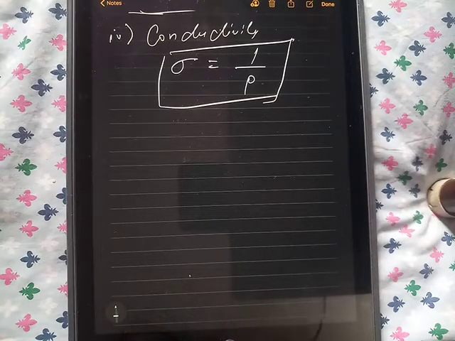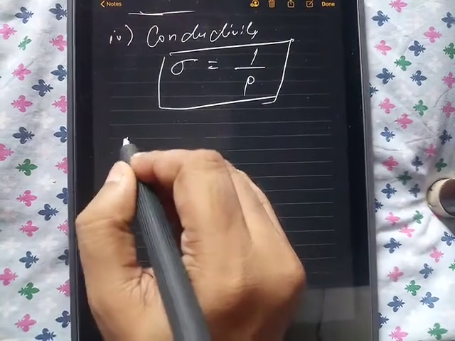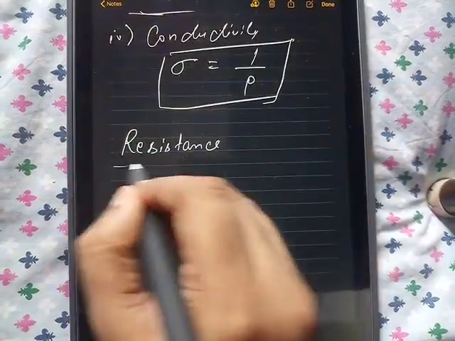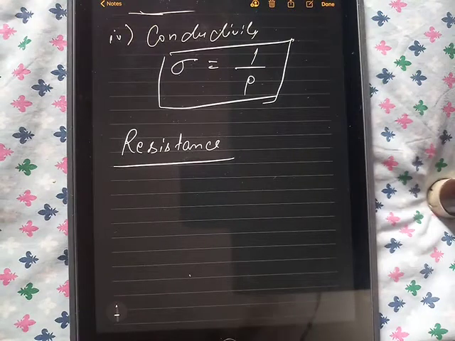Good morning, students. So, in the previous lecture, we discussed Ohm's law. Today, we are going to deal with the constant term which is used in Ohm's law, that is resistance. What is resistance? Basically, resistance is the opposition offered by the conductor to the flow of current. So, it is the opposition which creates hindrance to the flow of current.